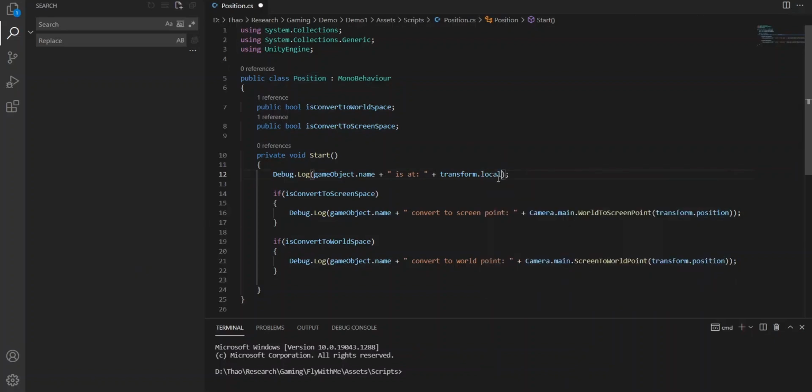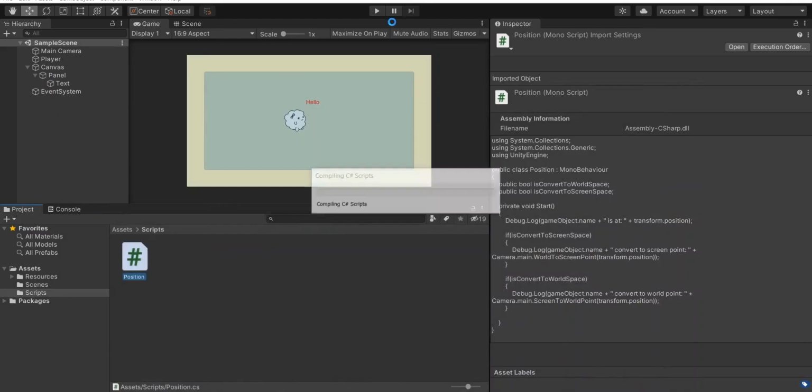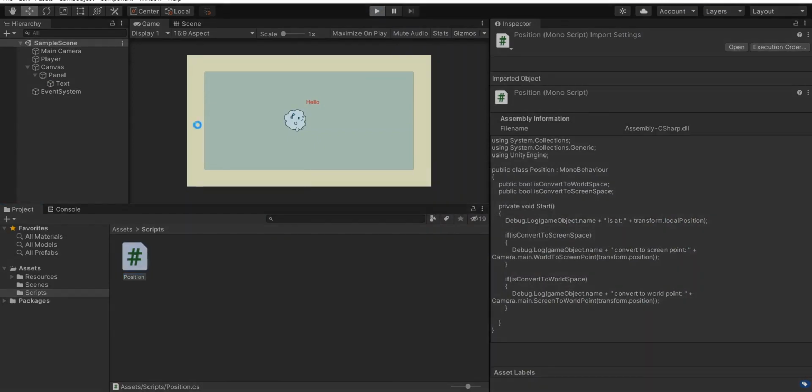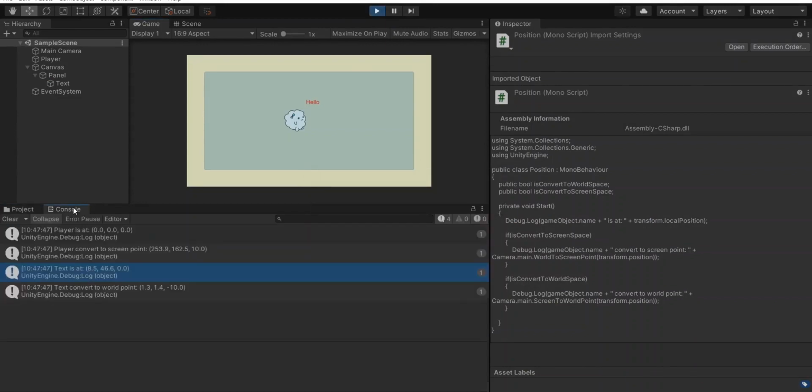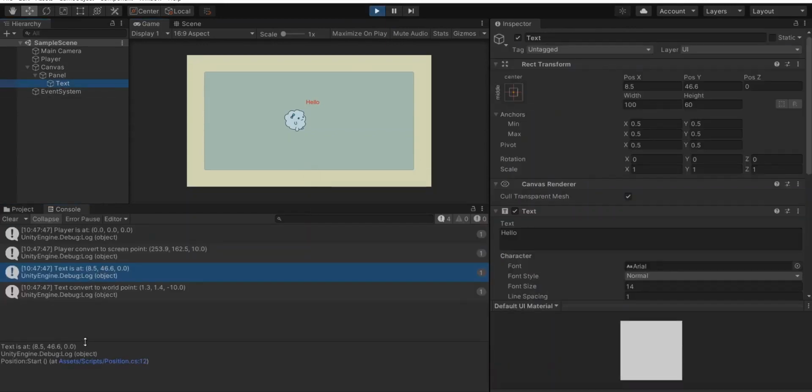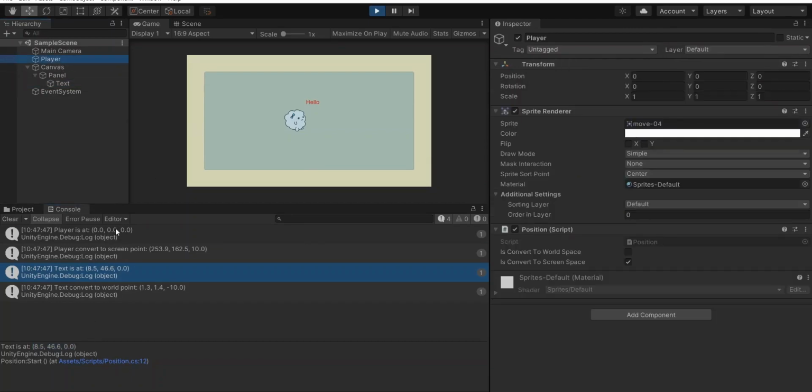Now I will change the code a bit. Replace the position string with the local position string. And run. Okay, here we can see the info of the log is the same as on the inspector, for both the test and player objects.